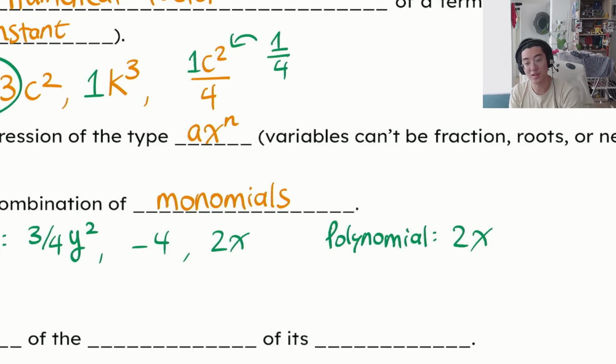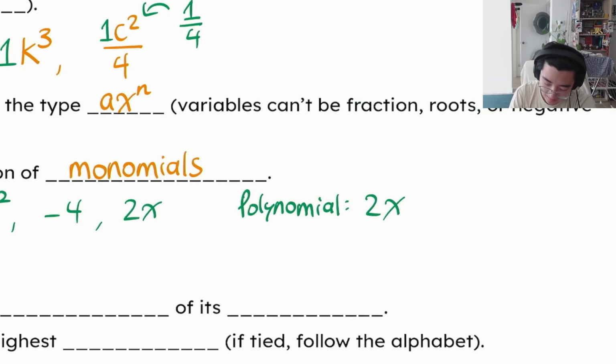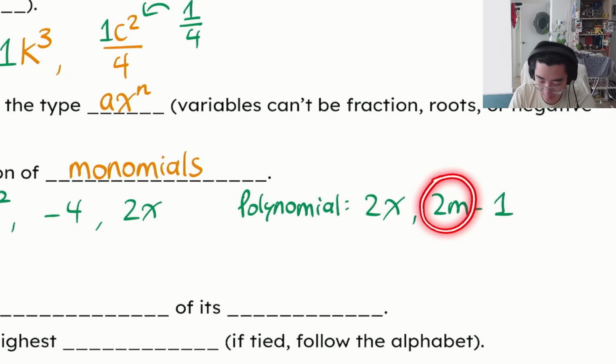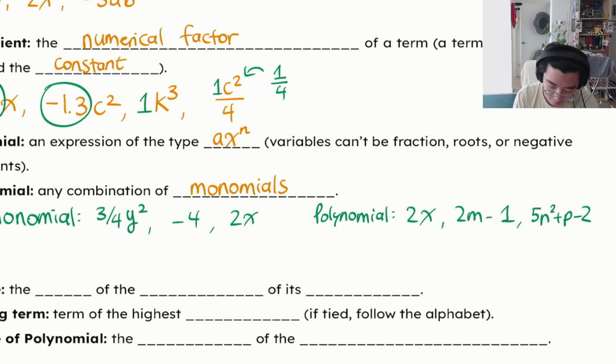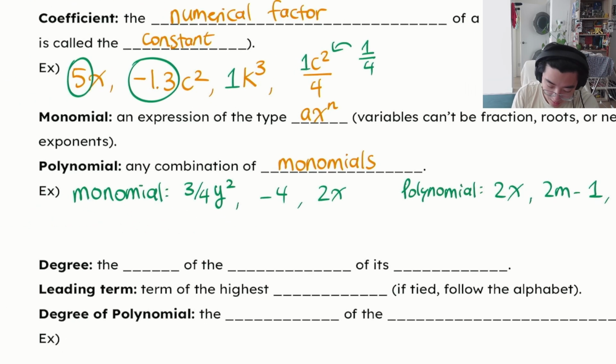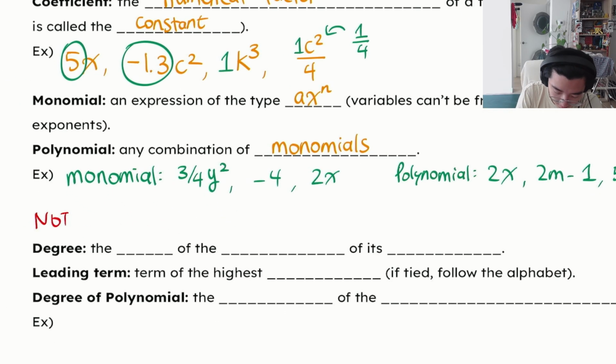So all monomials are polynomials, but not all polynomials are monomials. It could be things like 2m minus 1. That's a monomial here, that's a monomial here. Together, that's a polynomial. We get something like this as well. So 3 different monomials, just like that. But what's not a monomial or a polynomial